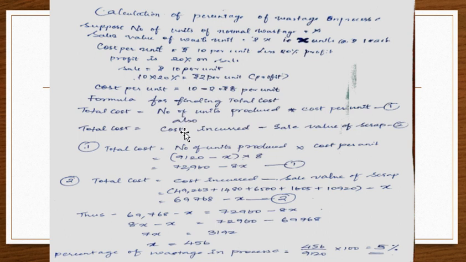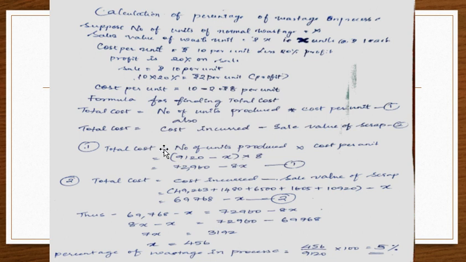You are supposed to use both formulas here to get an algebraic expression. In algebra, when you get two equations, you can find the missing terms, x value, a value, b value. Solving two equations can help you bring out the missing terms. So now we have two formulas for total cost. In the first, number of units produced into cost per unit, the number of units produced includes all the units which are produced, or the balance units produced in that process.